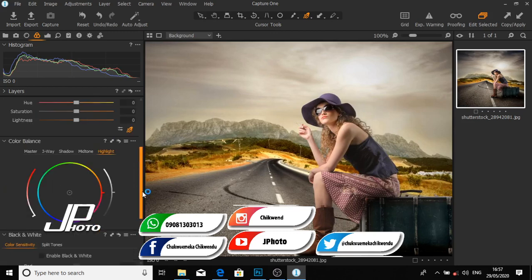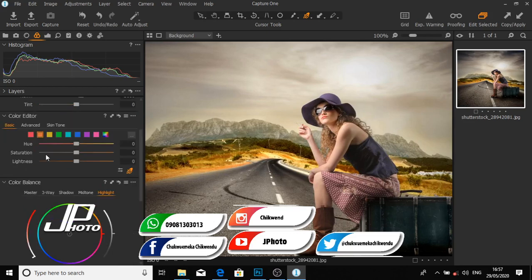So I will be using these panels to achieve everything and to show you now. And after doing everything, you will see the before and the after of this color grading. Now let's start. As you can see